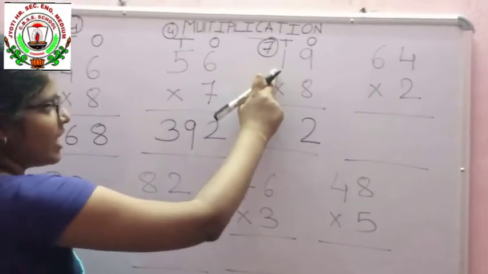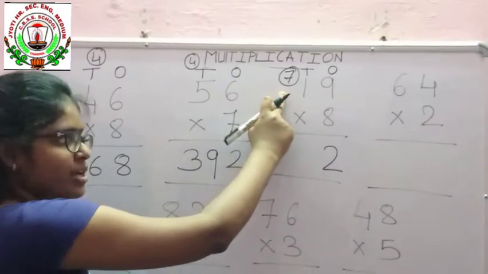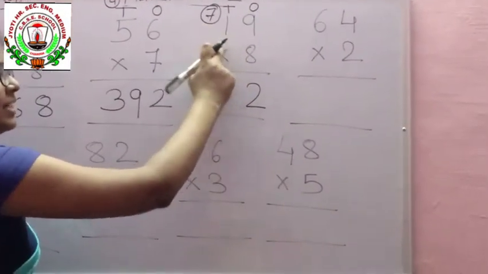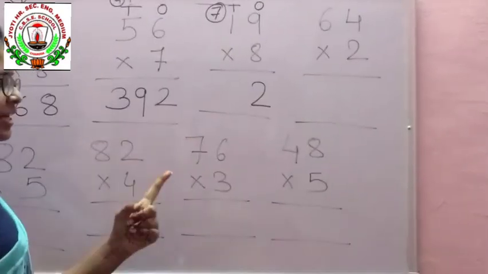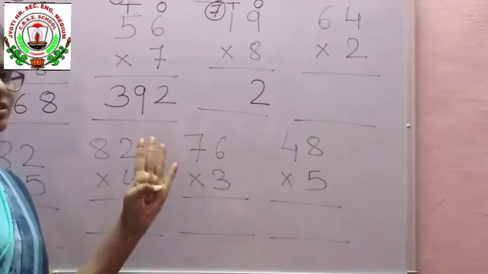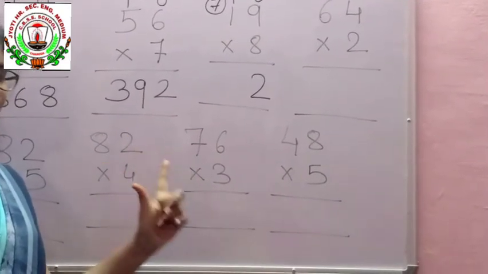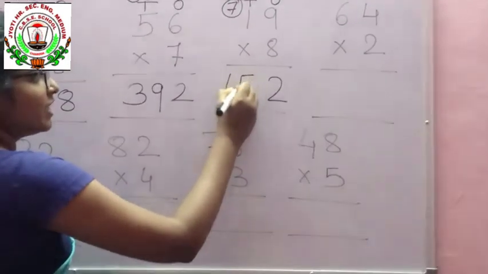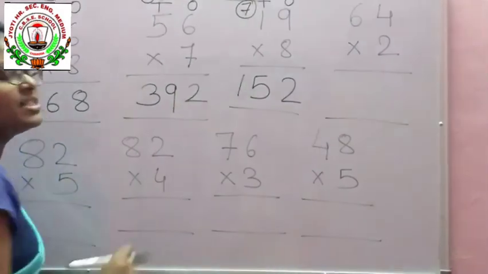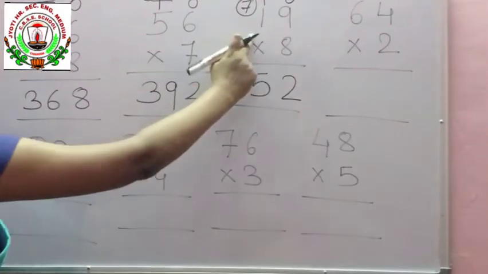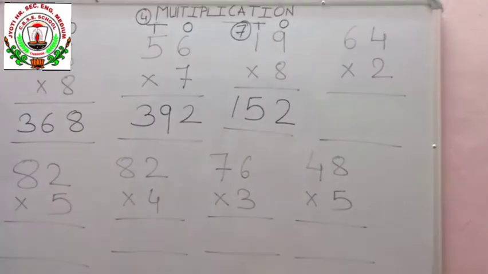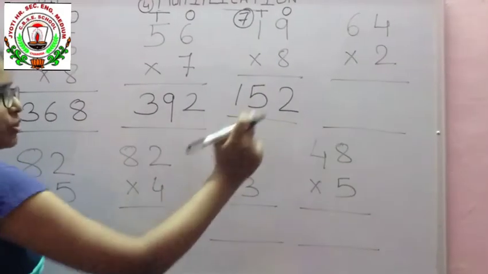Now 8 ones are 8. 7 is carried over, so we have to add 7. So 8, then 9, 10, 11, 12, 13, 14, 15. What is the answer here? 15, means 8 plus 7 is 15. 19 into 8, the answer is 152. Now students, our next question is